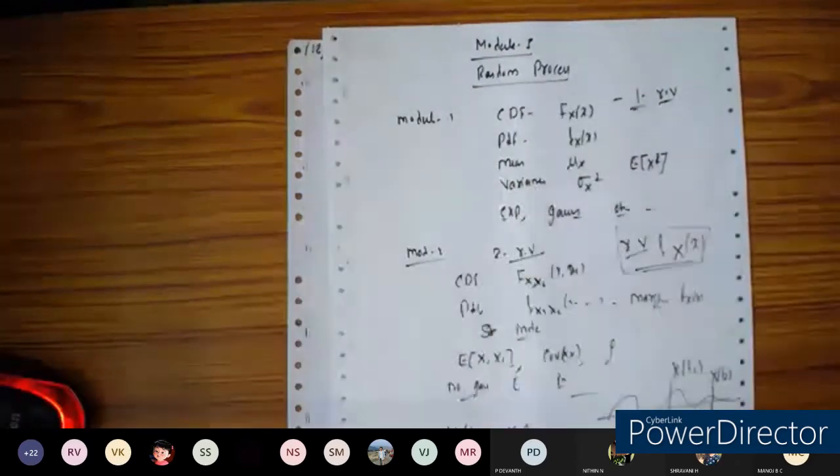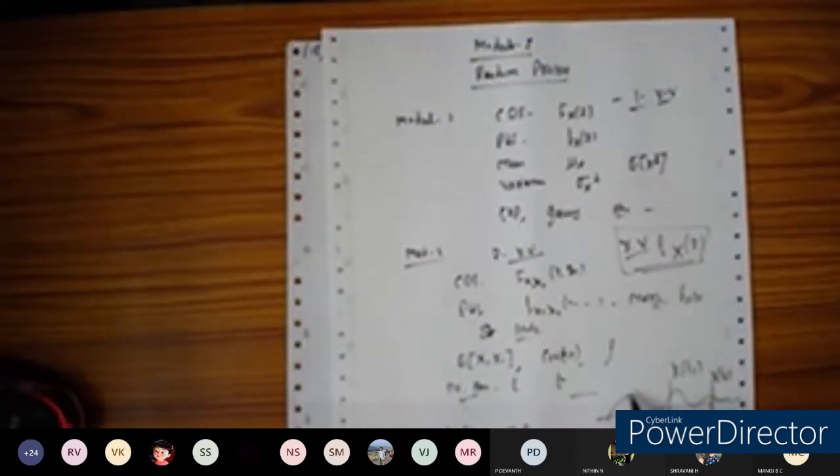Getting the concept right? So a random process is nothing but a time varying function of some outcome of the experiment. For that one, we are going to assign the real number. That one you are going to call a random process. So it's a function of time t we are going to consider. That's why I'm going to denote it as x of t.